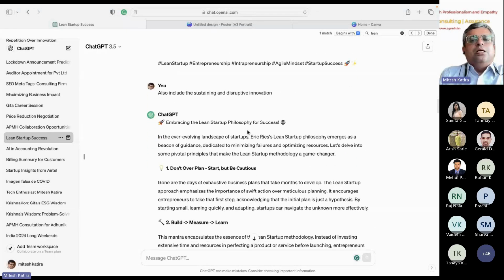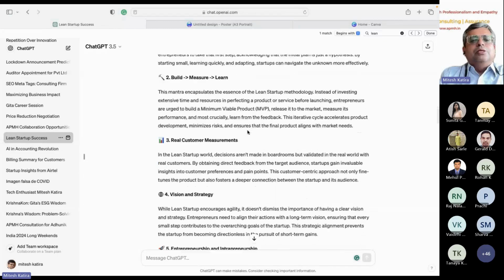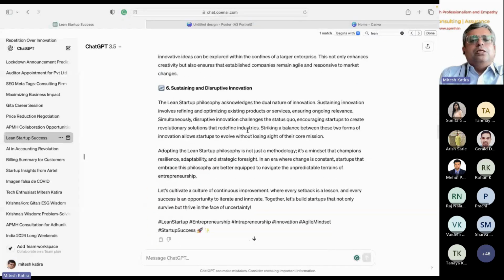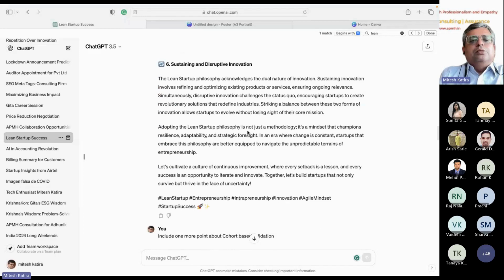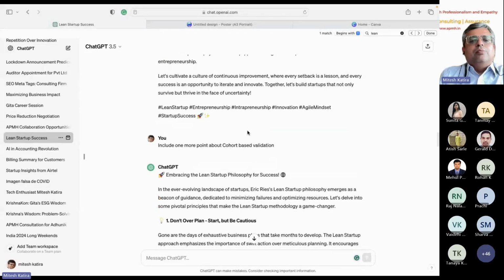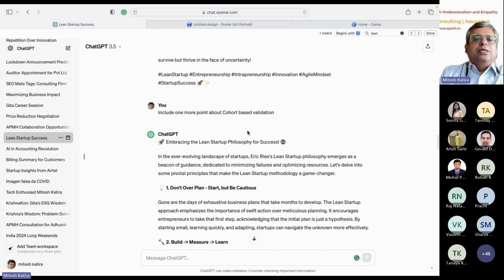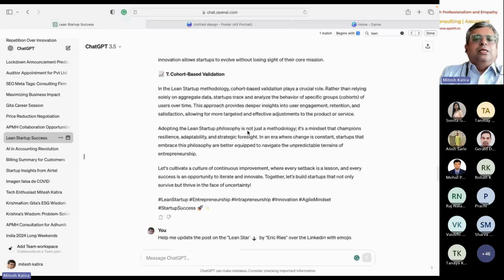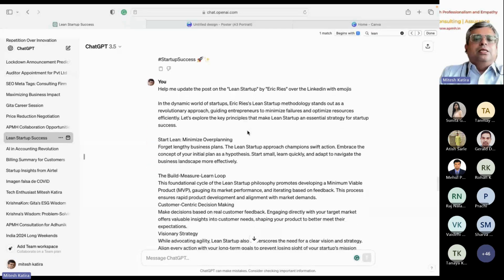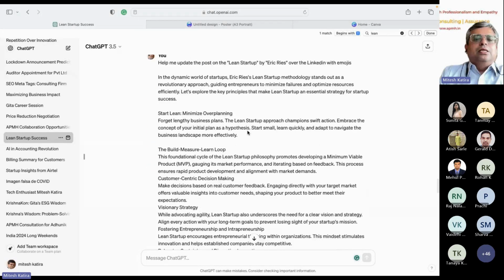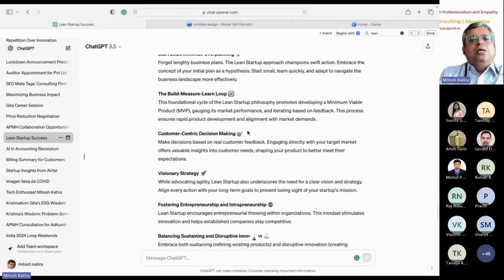उसके बाद मैंने कहा सस्टेनिंग एंड डिसरप्टिव इनोवेशन के विषय में कुछ लिखना है, तो उसने सस्टेनिंग और डिसरप्टिव इनोवेशन को भी जोड़ दिया और एक सुंदर आर्टिकल तैयार किया। मैंने कहा कि इसमें कोहोर्ट बेस्ड वैलिडेशन, ये एक कंसेप्ट है जिसमें भिन्न भिन्न प्रकार के कस्टमर्स को जितना एडॉप्शन होगा उतना ही कोई भी सॉफ्टवेयर में डेवलपमेंट करना चाहिए। इस विषय पे एरिक रीज ने काफी ध्यान दिया है, तो मैंने वो भी एक पॉइंट ऐड करवाया। और उसके बाद मैंने इसको कहा कि इसको एक सुंदर फॉरवर्ड लिख के दो, तो उसने एक फॉरवर्ड भी लिख करके दिया।